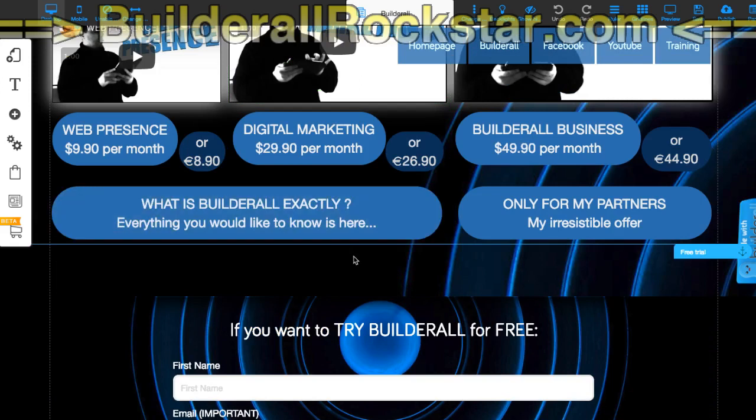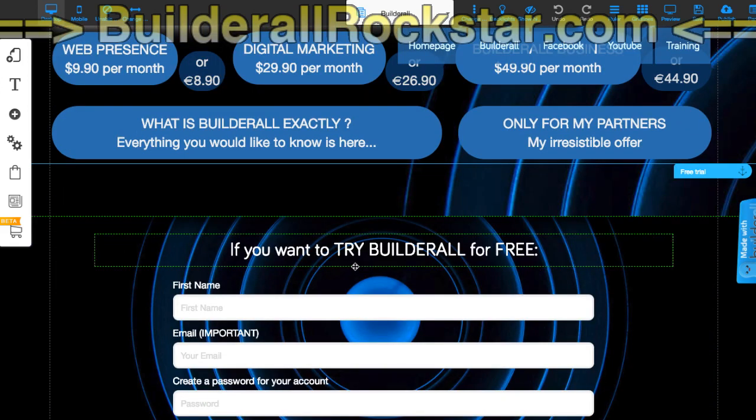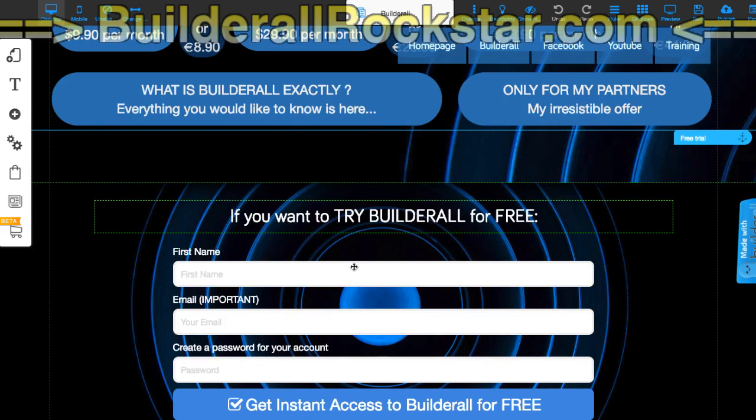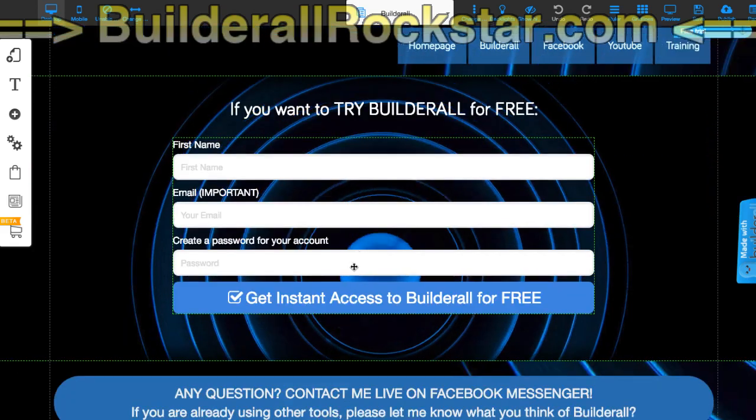You know, in Builderall, a magic funnel is a form where you put first name, email, password, and that enables you to open a 7 days free trial of Builderall. And when you put them like this on a Builderall page, it's empty. So this JavaScript enables you to pre-fill those fields with what you want.